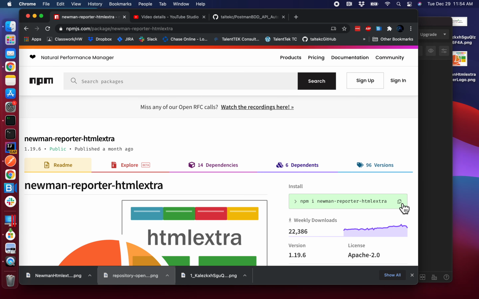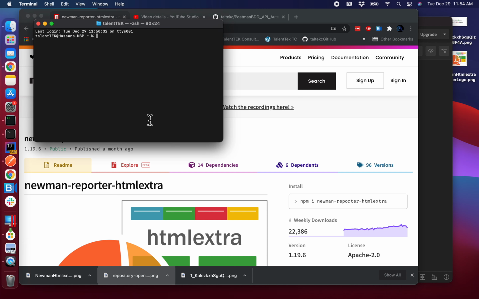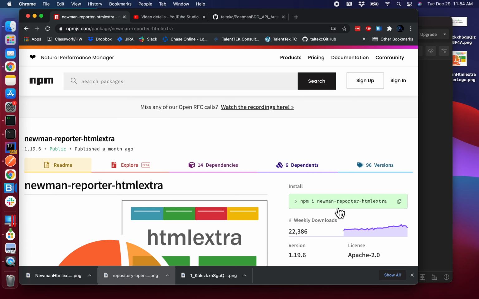through npm. To do this, you've got to have Node installed on your machine. You've got to have npm installed on your machine. If you don't know how to do that, please go ahead and watch the first couple of videos. So I already have the Newman reporter HTML extra. In case you don't have it, you're just going to go to this site, copy this,